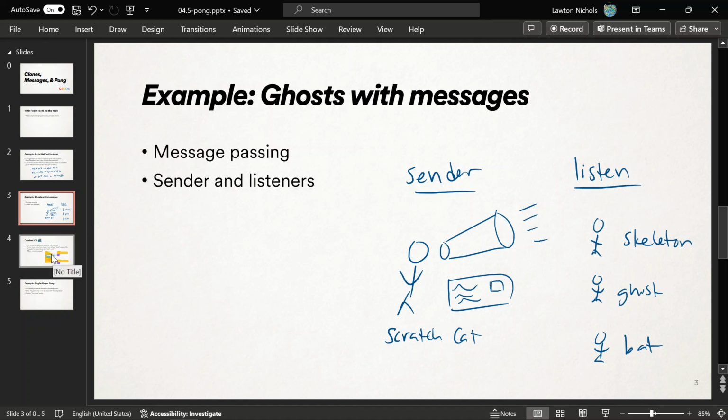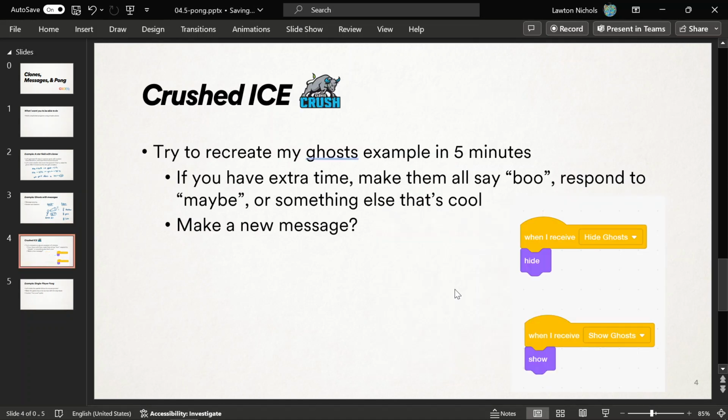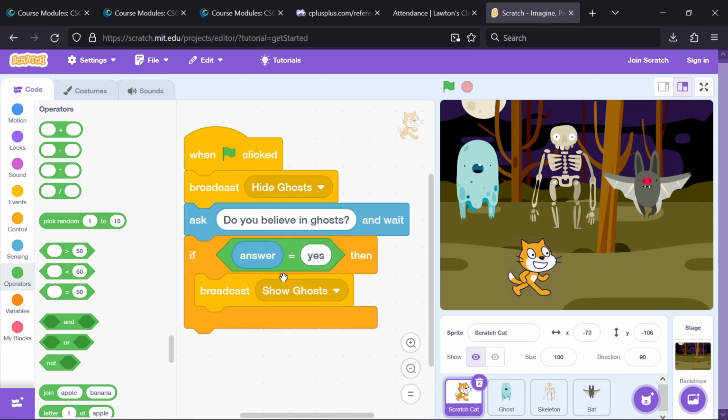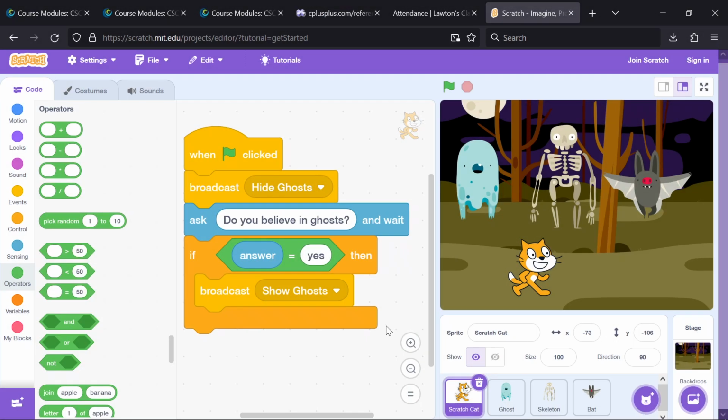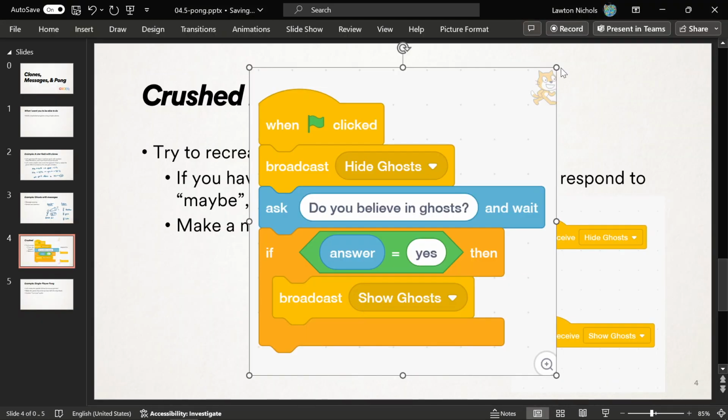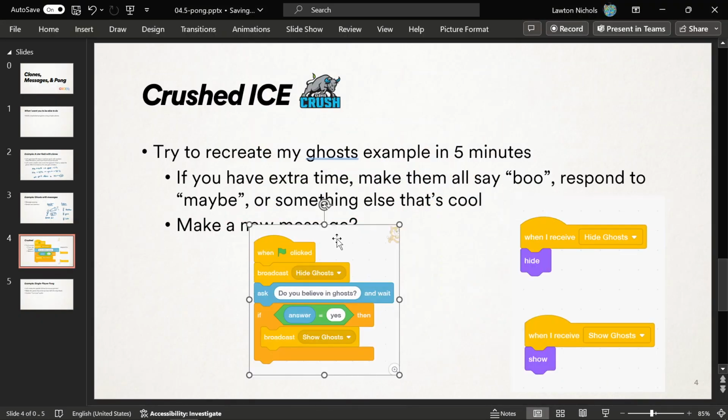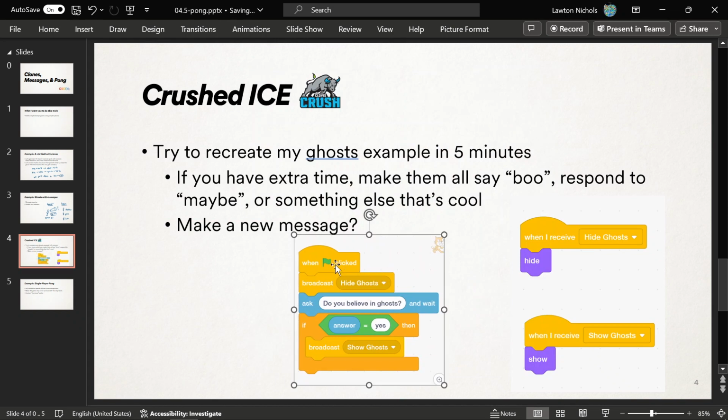So it looks like I changed a little bit differently. But here, let me give you my code. I did it a little bit differently this semester. So here's the Scratch Cat's code, this version. I would like you to play around with this idea. All right, try to take my example if you haven't made it already, recreate it,